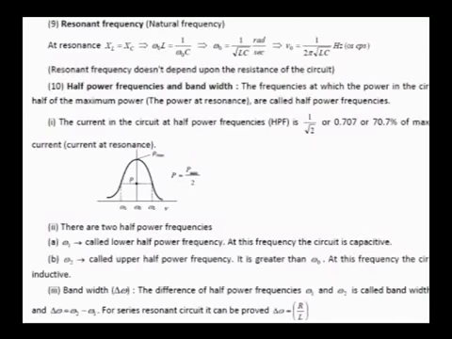Now resonant frequency, as I explained, XL is equal to XC. Equate them, and you get the expression for resonant frequency. So look at the curve, the current in the circuit here. It increases as the frequency changes, because XL is proportional to f and XC is inversely proportional to f. As the frequency increases, the impedance decreases and reaches a minimum, and the current reaches a maximum. Thereafter, with a further increase in frequency, Z increases again, which will reduce the current.